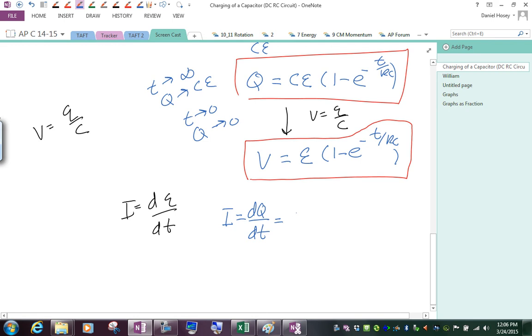And that is going to be taking the derivative of that. Now when you take the derivative of 1 minus e to the minus t over RC, well, the derivative of 1 isn't anything. Now minus t over RC, so that's minus from the formula. And then when you take the derivative of e to the minus t over RC, you get the same thing, but don't forget to take the derivative of that, which is going to be negative 1 over RC, which is the same as positive. So the C's cancel,